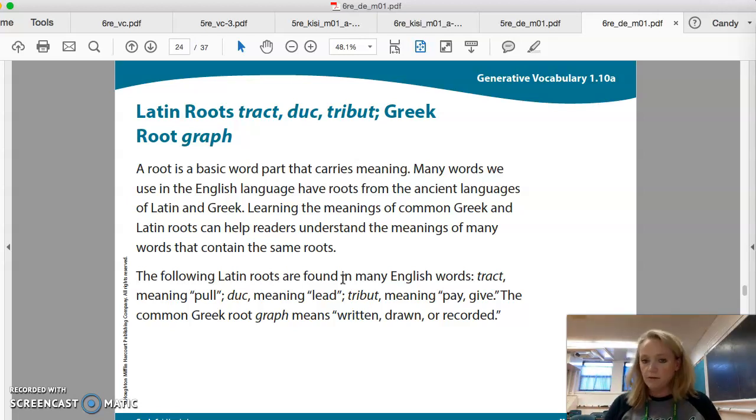And I'll even give you our central idea. Obviously you can pause me and think of your own. If you would like to pause me and try it on your own, please do that now. All right, so we said the central idea is The Dawn Wall is the most challenging free climb in the world. So you can copy that down for number 1 on page 18 if you need to.